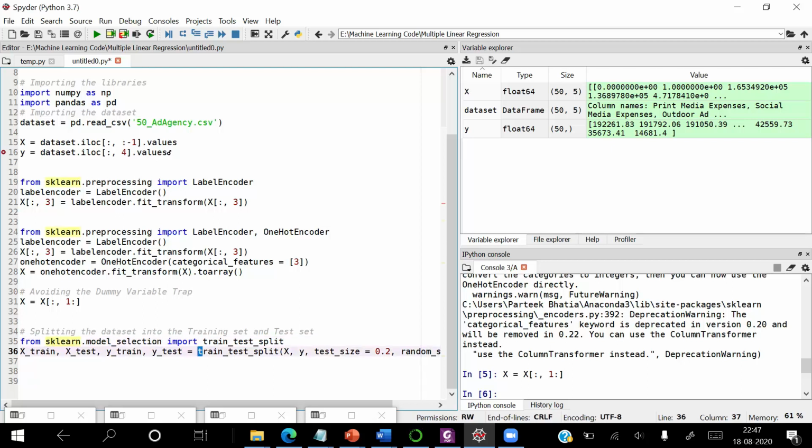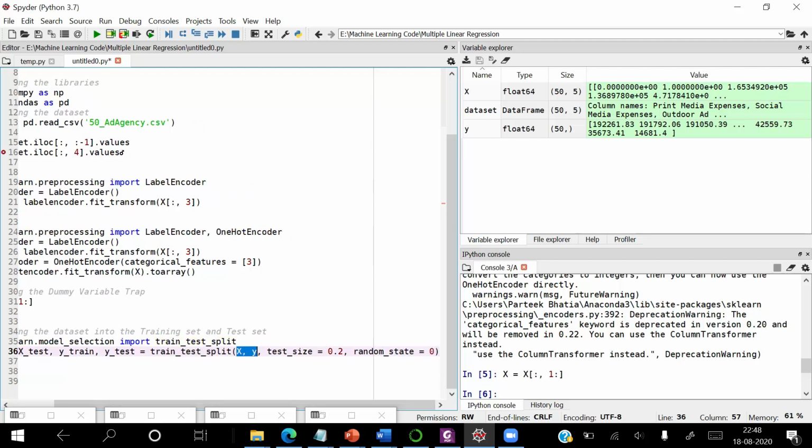After importing this method, we are passing 4 variables to this. X and Y refer to our data variables, which we wish to split into training and testing. Test size 0.2 means that 20% of records will be used for testing, while 80% will be used for training. In our dataset, we have 50 records, so 10 will be used for testing, while 40 will be used for training.